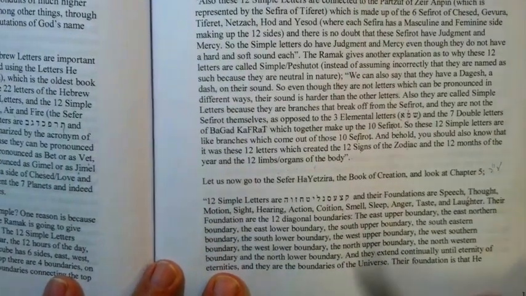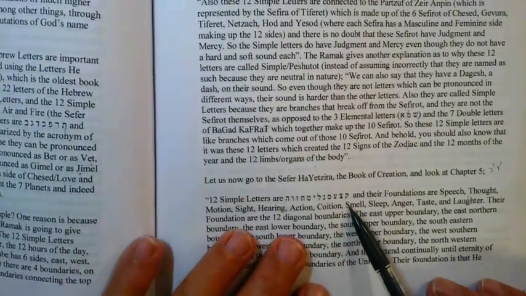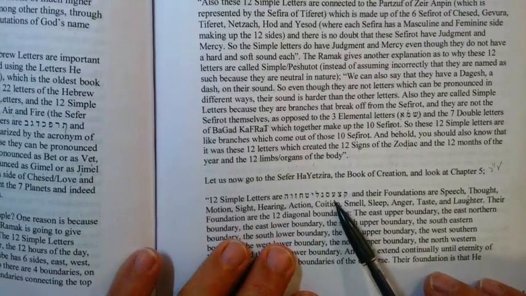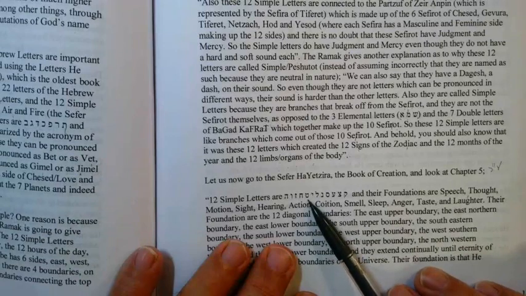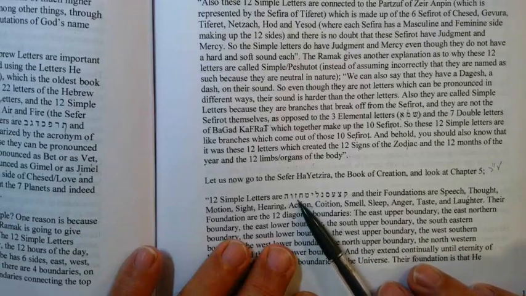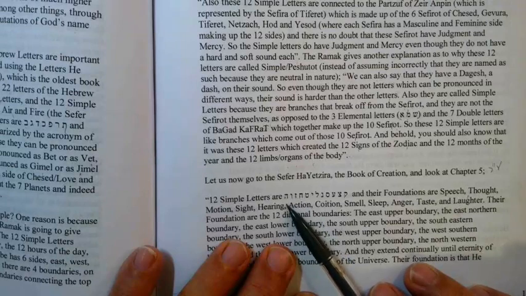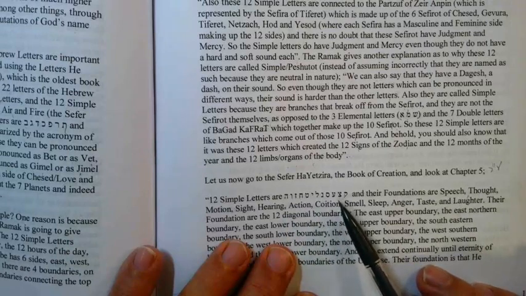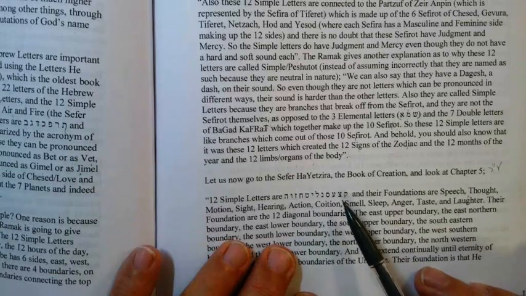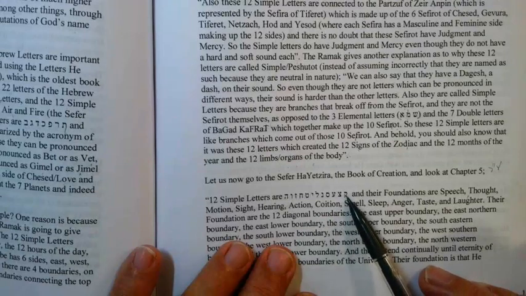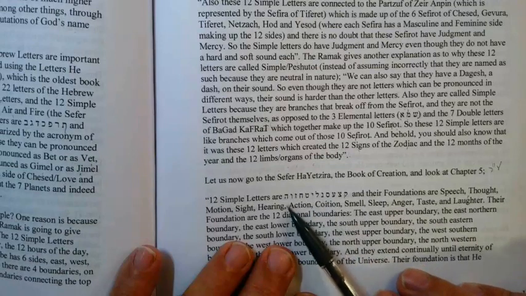And let me see if I can get it lined up. 12 simple letters, and he mentions them here now, saying Amal Kof Tzadi Ayin Samach, Nun, Lamed, Yud, Tes, Ches, Zayin, Vav, and K. Now, these are in reverse order, because we read in Hebrew right to the left. And here's one of the last letters in the Hebrew alphabet, followed by the letter behind it, and then they move along in sequence down to the final letter, Hey.